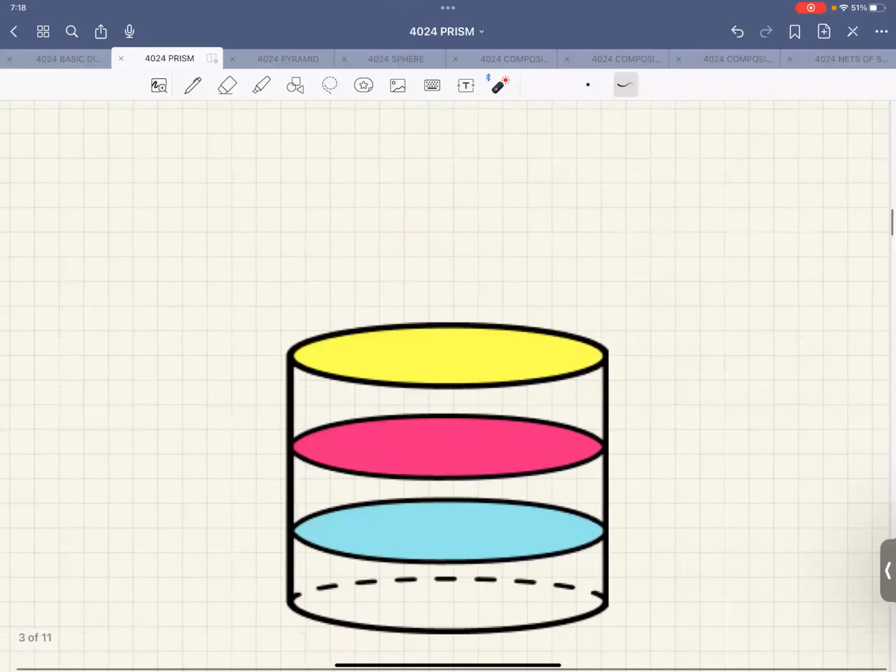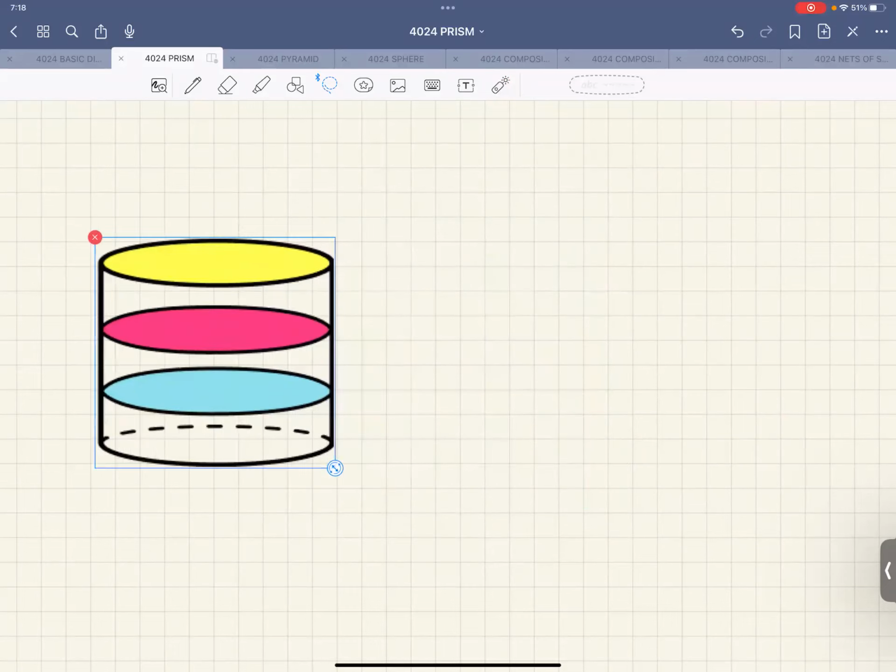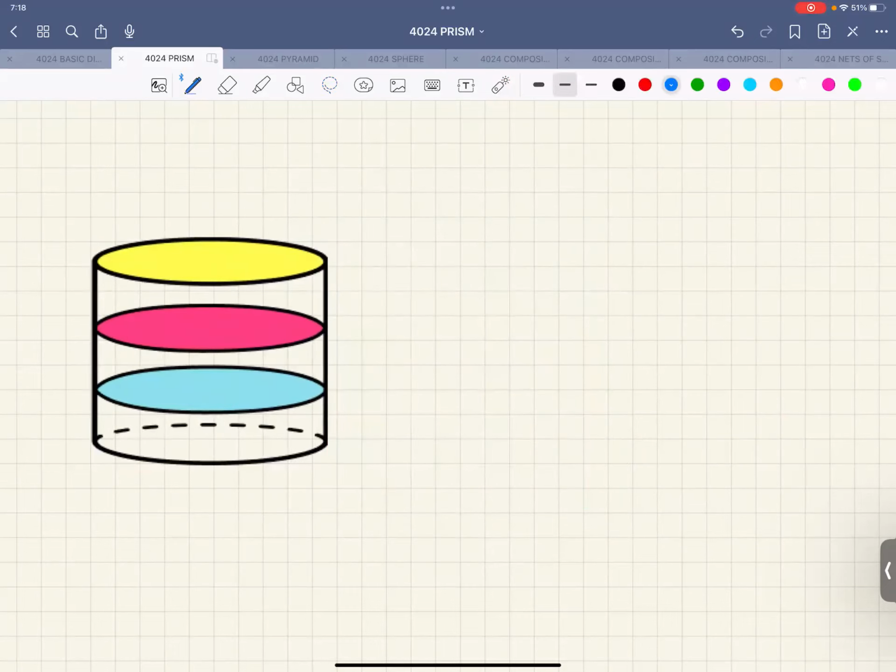Another diagram that we see. What is this? This is a cylinder. For our purposes, we will call it a prism. We will call it a circular prism. But in reality, prism has straight edges. So there is a circular edge over here. Let's just call it a circular prism, which is popularly known as a cylinder. Now, if I talk about this,